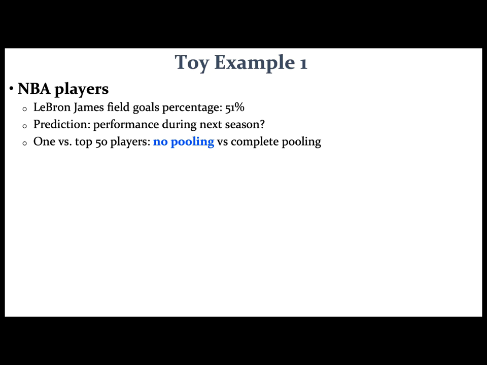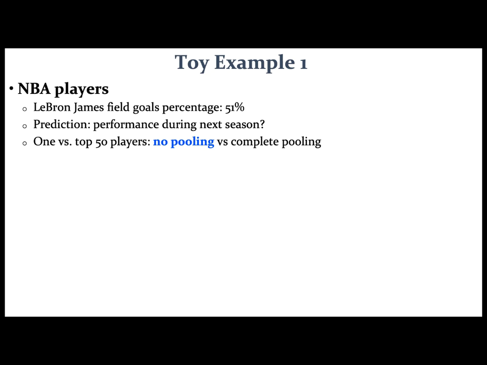So let's see if we can do something better. Let's start with a toy example. Let's talk about NBA players. Suppose LeBron James's current season is over, right? His performance was 51%. That's his shooting percentage. Now let's say what he's going to do